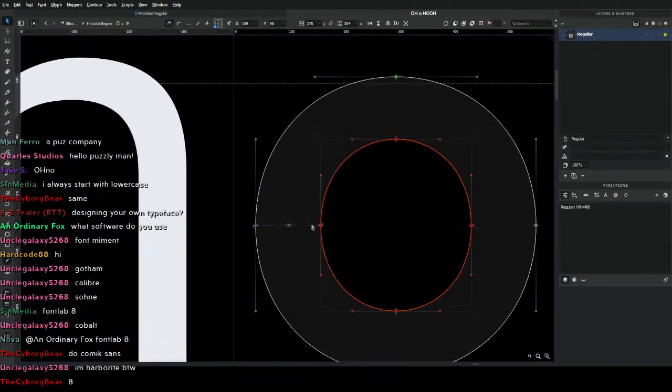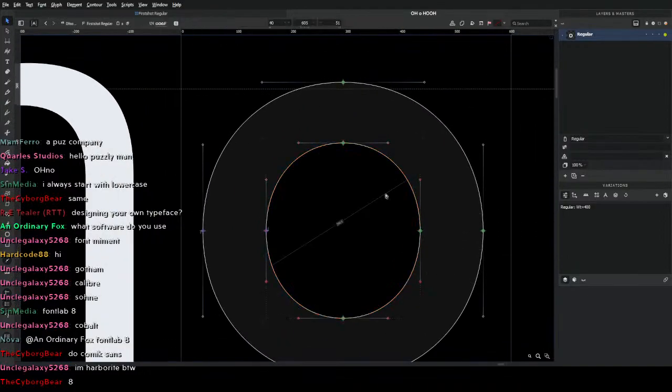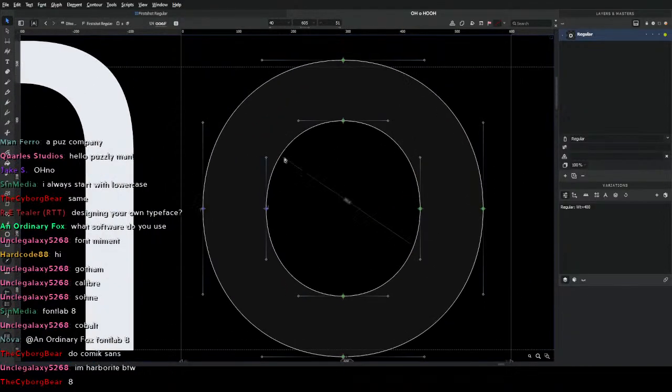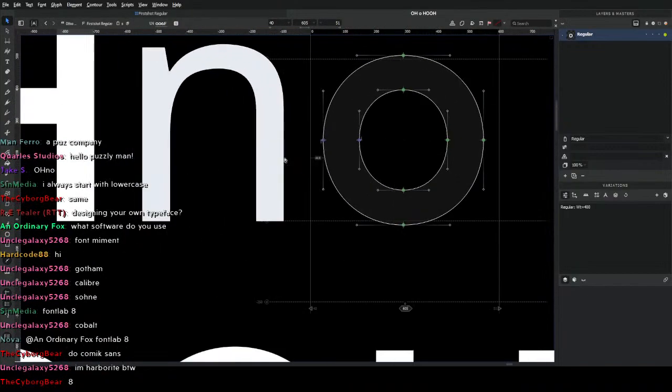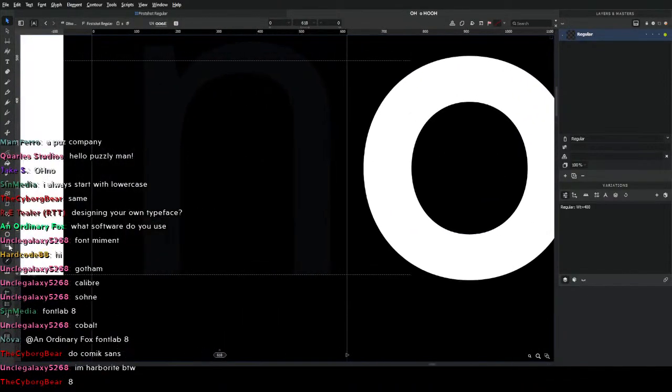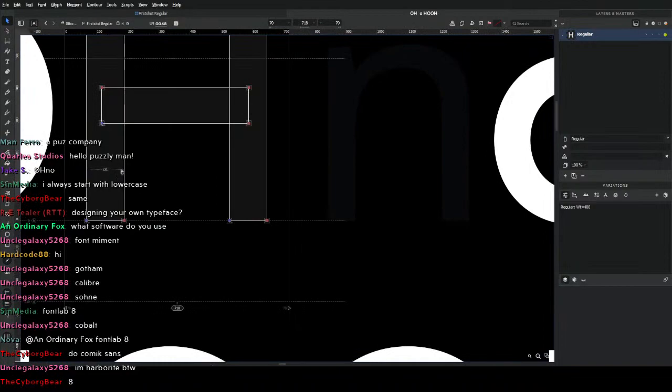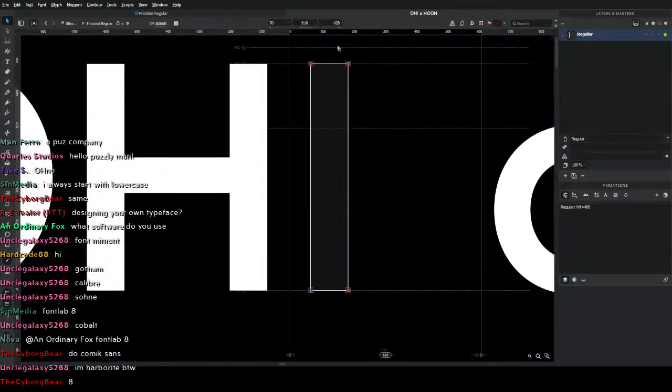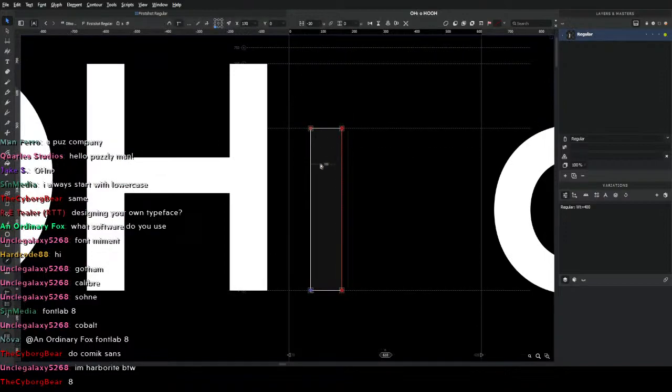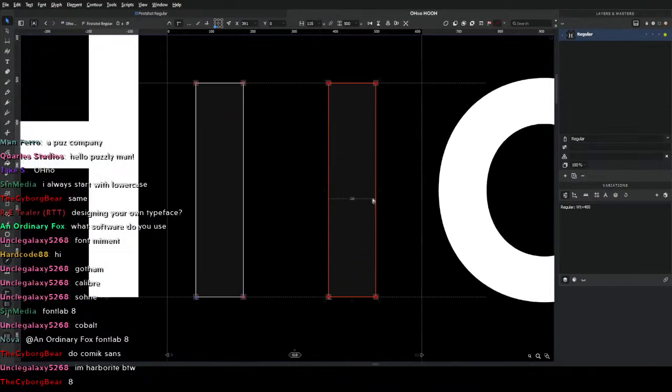The lowercase is actually a little bit thinner than the uppercase by about 3 to 5 units. But that can vary depending on the weight and the girth of whatever typeface you're making. For this font, I'll do about 5 units of difference. So now I'm going to place this in, and we're going to bring it down a bit, change it down by about 5 units, and then